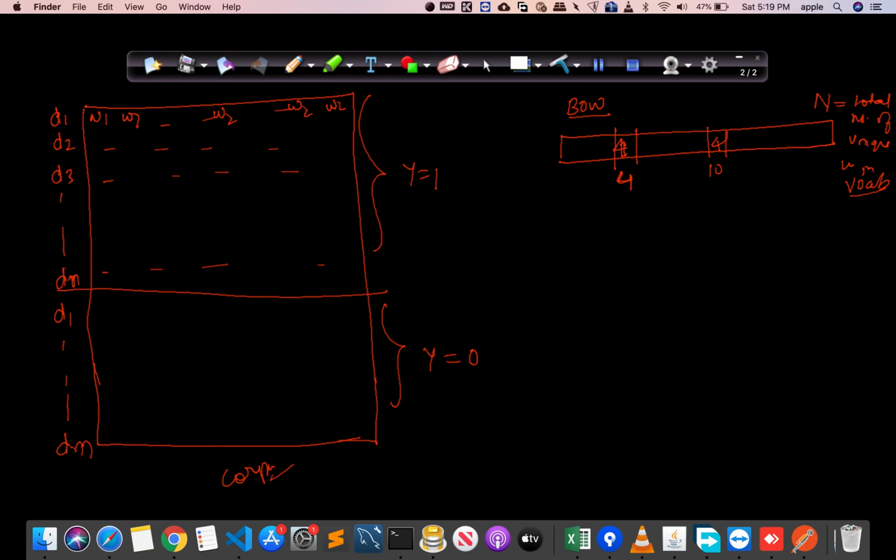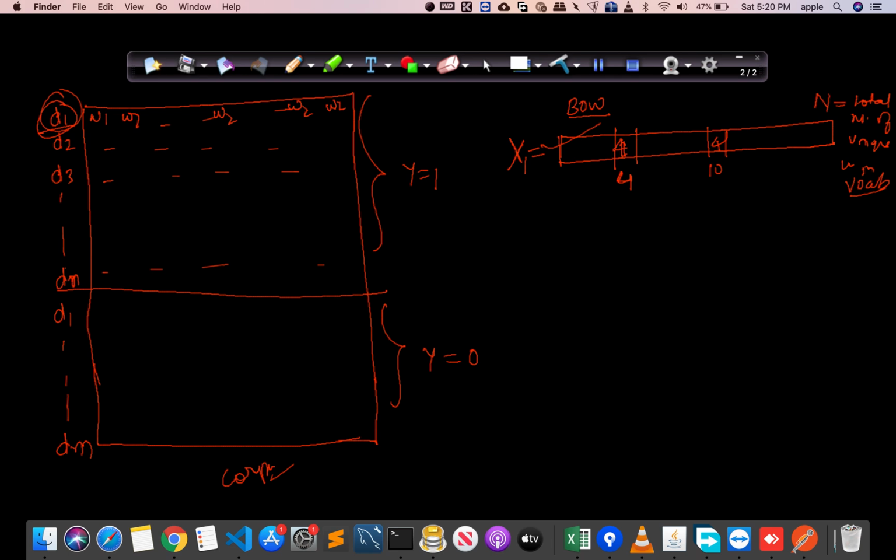Now what we do is featureization. This is simple featureization, I just wanted to mention. Now, what we are doing in naive Bayes: since this x will be n dimensional, this data point will be n dimensional. In our formulation, we have used this as x. Here I am using d1 just for the convention purpose. This is a document, and when it is converted into a vector, we will call it x1.